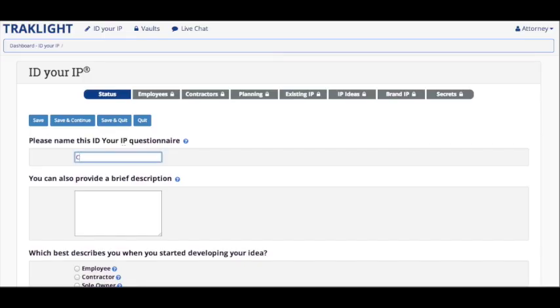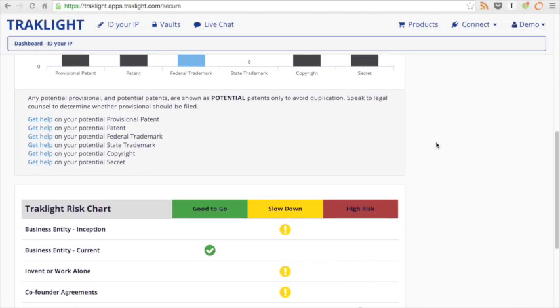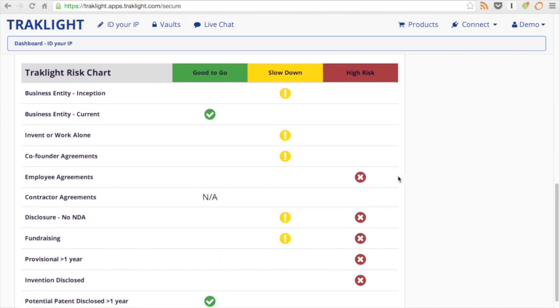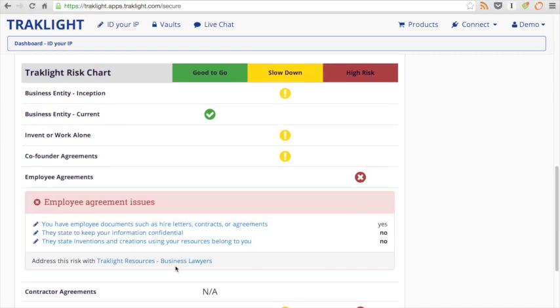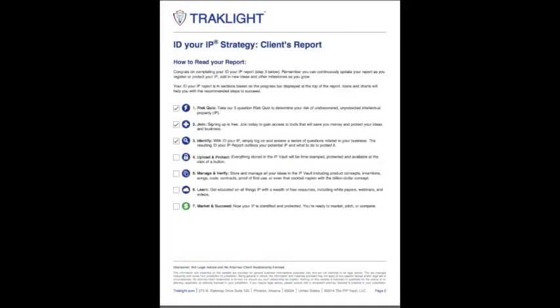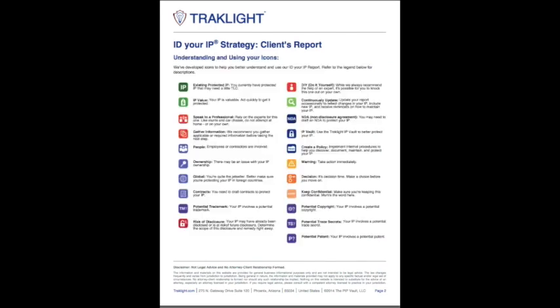Traklight is the only product for business owners to identify their intellectual property and other intangible assets and ultimately protect the value of their business. The IDRIP questionnaire generates custom reports identifying areas of risk that will help develop a solid IP and business protection